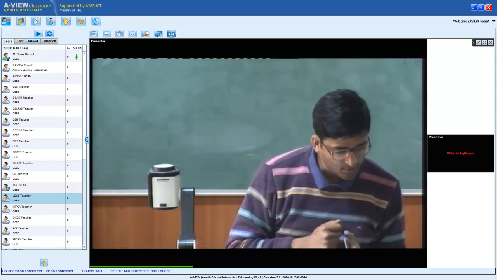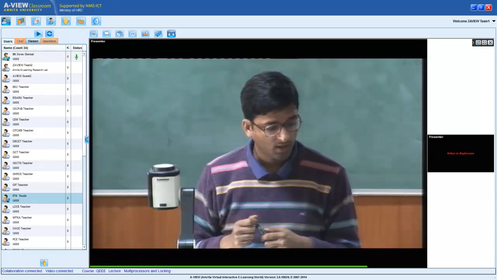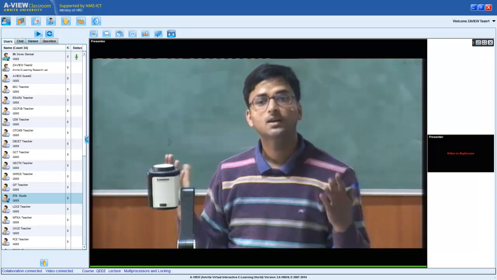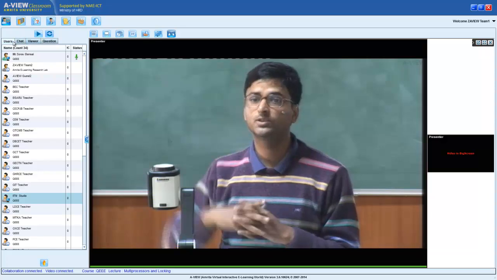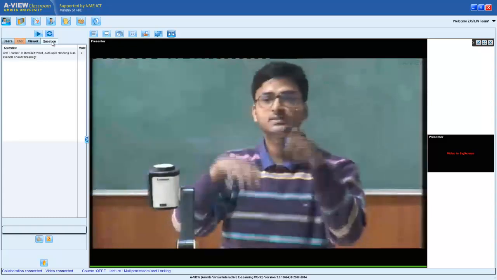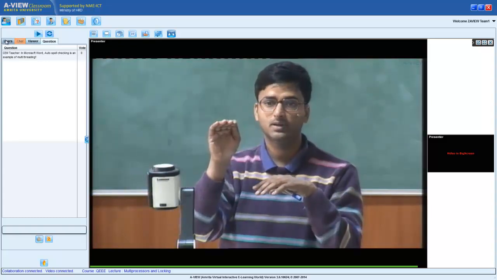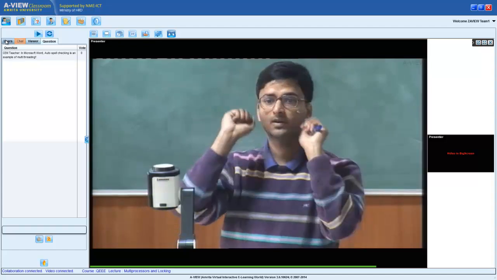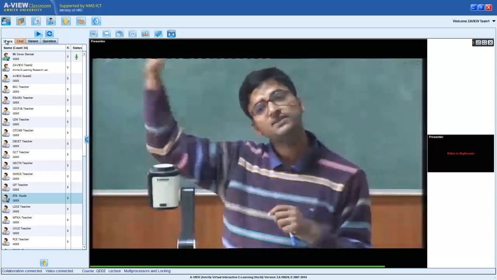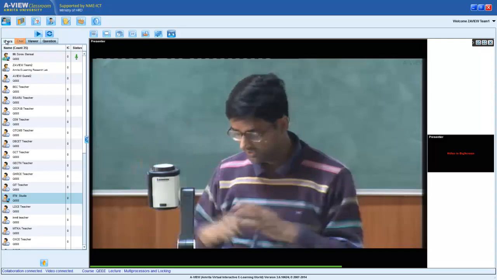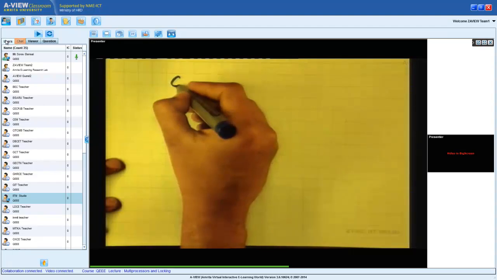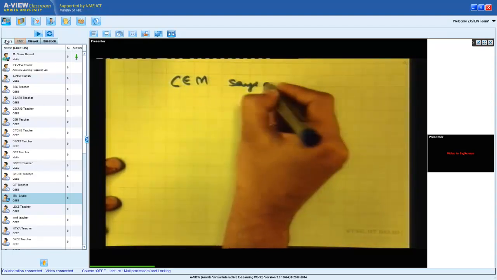Okay, there's an answer from CEM. It says in Microsoft Word, auto spell checking is an example of multi-threading. Yes, that's quite likely happening through a thread. There's one thread in the background that is just doing spell checking, and there's one thread which is taking your input and displaying it on the output, taking input from standard input and displaying output on standard output. We have seen such a program; the shell was one such program. But then there's another thread which is just doing spell checking. Very good. Thanks, CEM. So CEM says auto spell checking.